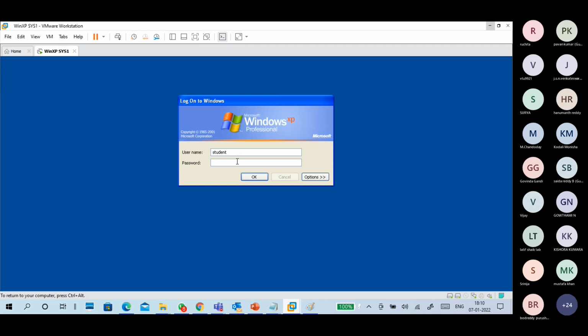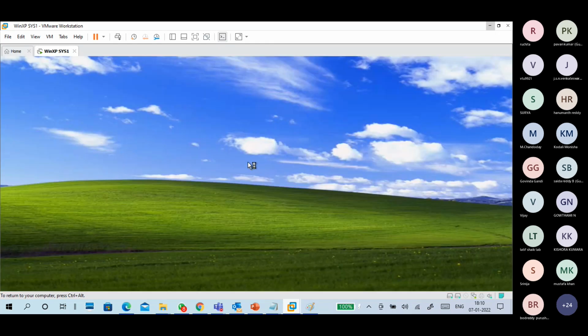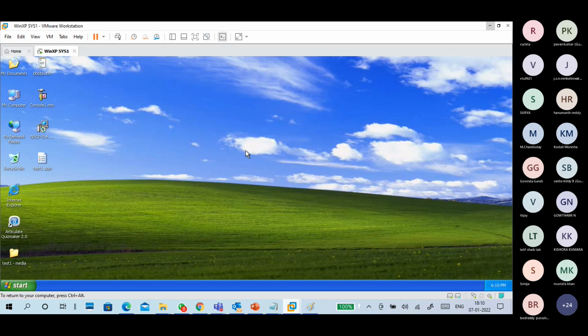And it is asking for a password. The password is there or not, I don't know, or I put a password. Okay, it loaded the screen. See, after so many years, some of you are viewing this, and some of you don't know what it is. Maybe you have seen it in old movies, or maybe your brother, sister, or uncle had laptops in your childhood days. This is called Windows XP. Okay, till this time, till you get the screen.